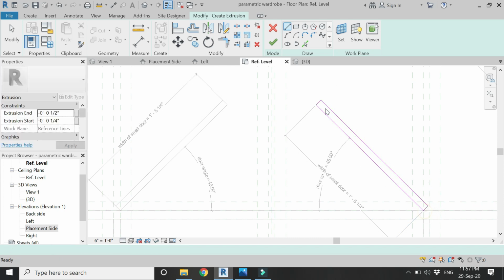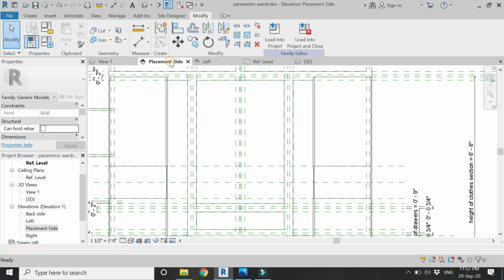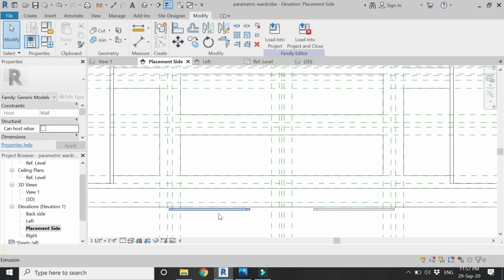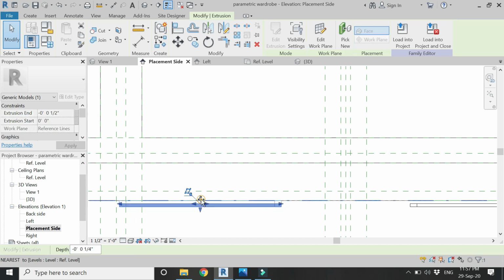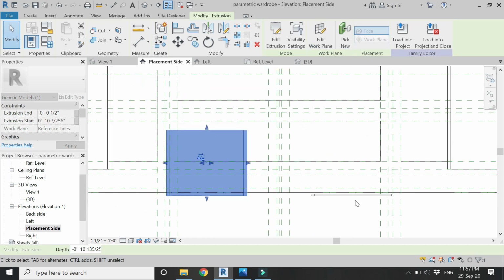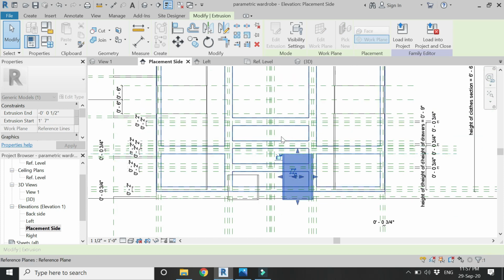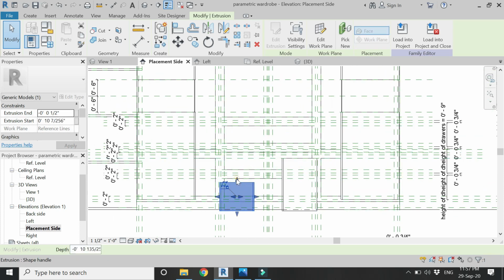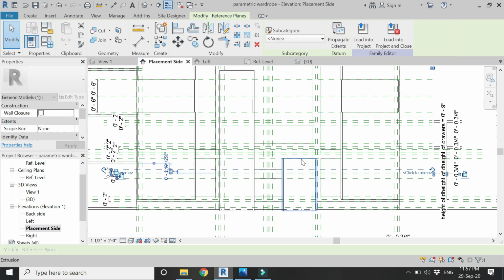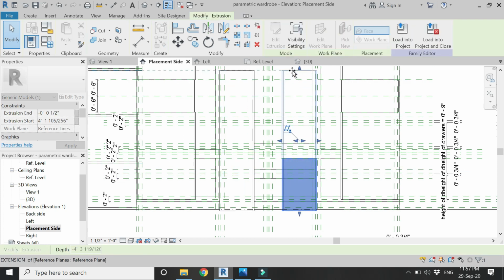Draw the extrusion on the other reference line as well, then click OK and go to the placement side elevation and drag these blue arrows upwards like this until you meet the reference plane to achieve its height, and